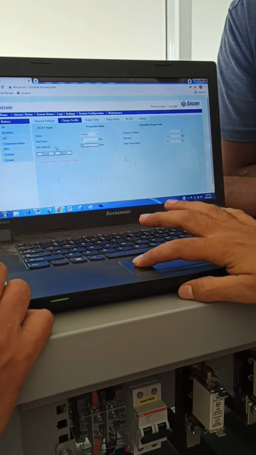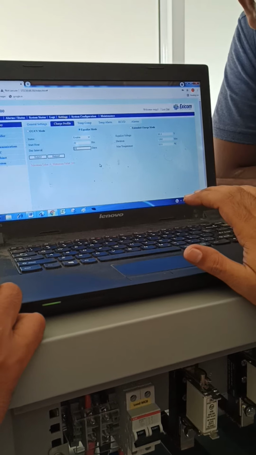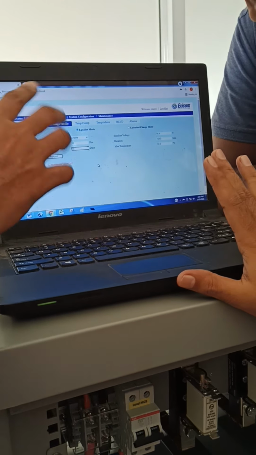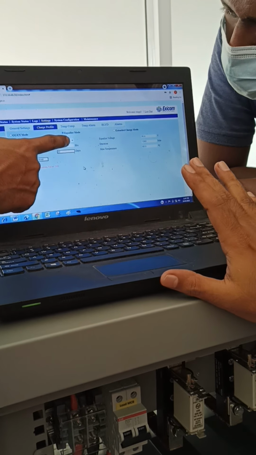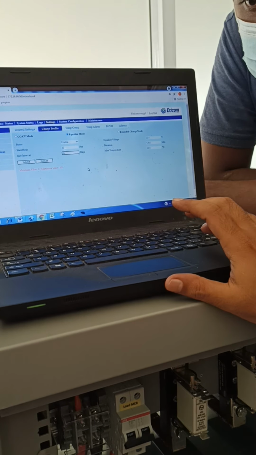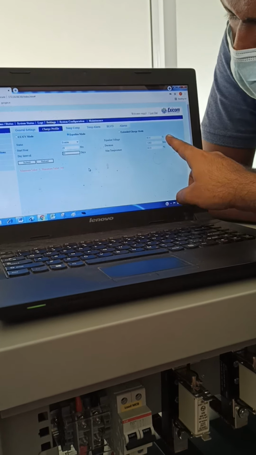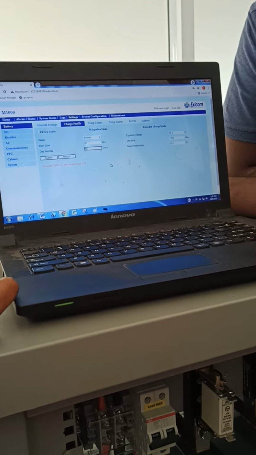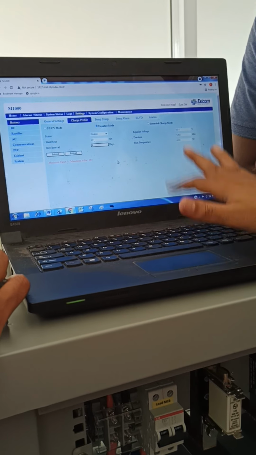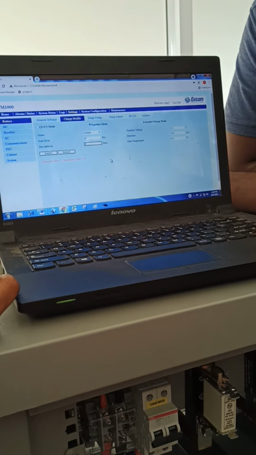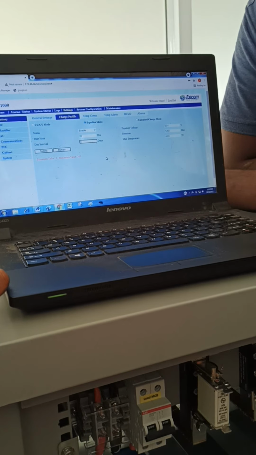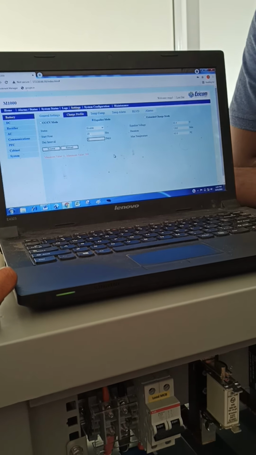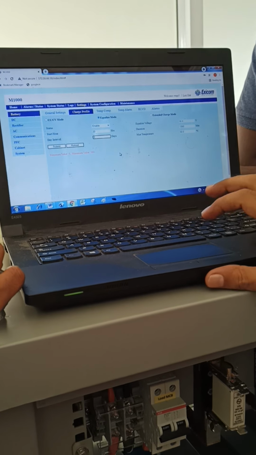Then here is the interval. Every interval of 45 days, it goes automatically into boost mode, equalization mode. Are boost and equalization the same? No, boost is 55.2, but the equalization voltage is higher. That is the difference between boost and equalization. We will put 0 because we do not need it daily. It is one-time equalization, only one time. After that we will disable it permanently.